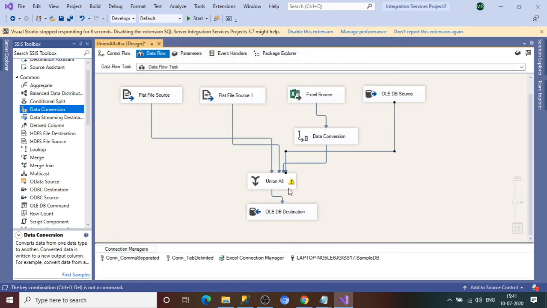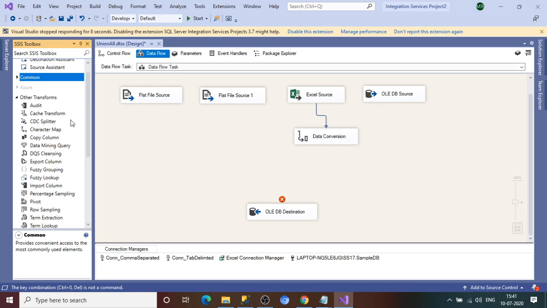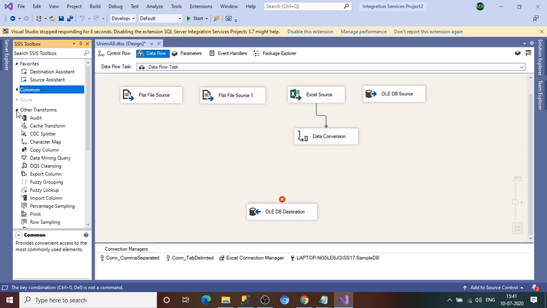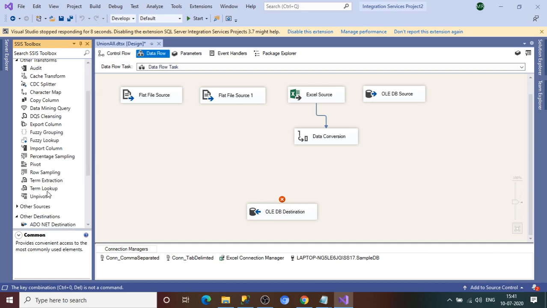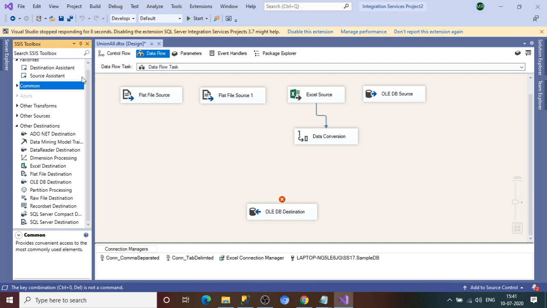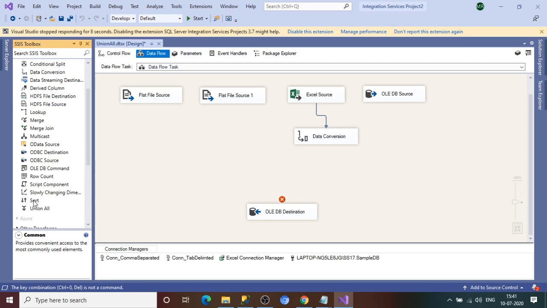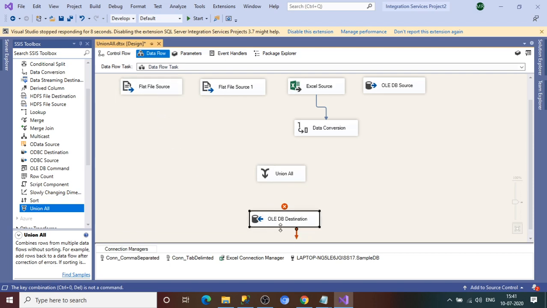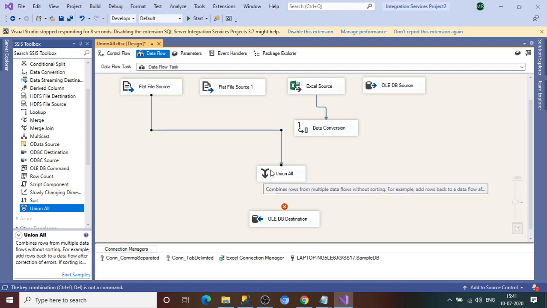Now we'll do one thing. Let me drag the union all again. Go to the transform. Where is the union all? Under the common tab, we will get the union all at the end. Now let's connect all the sources one by one.